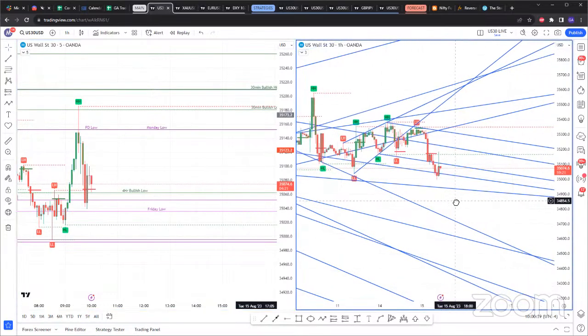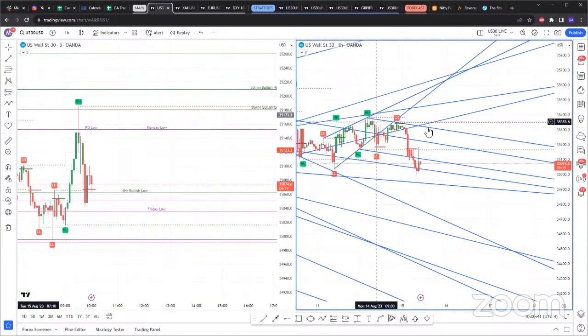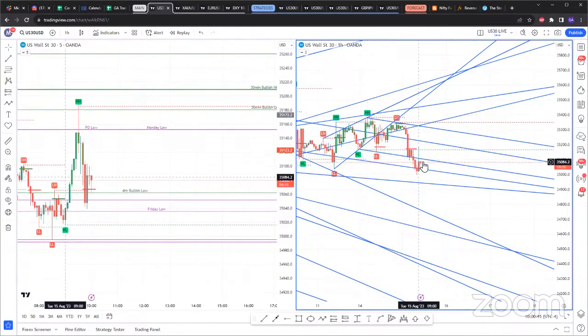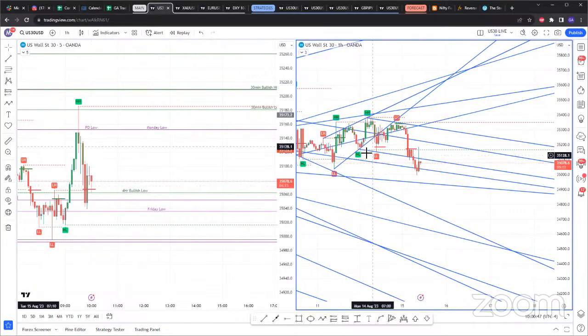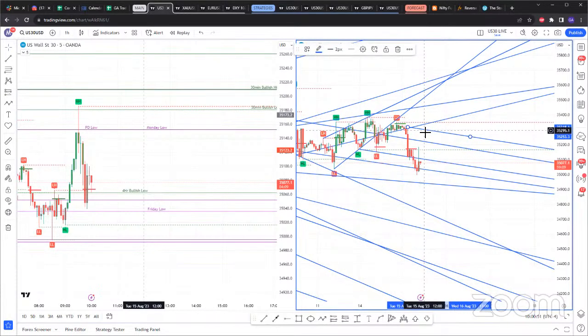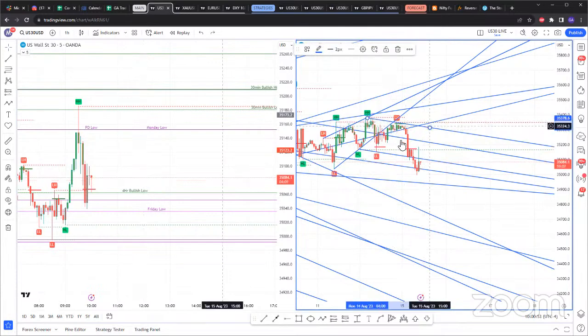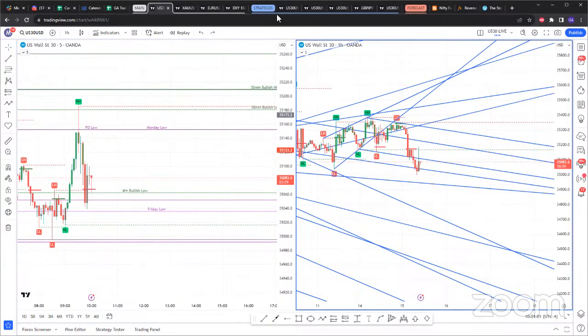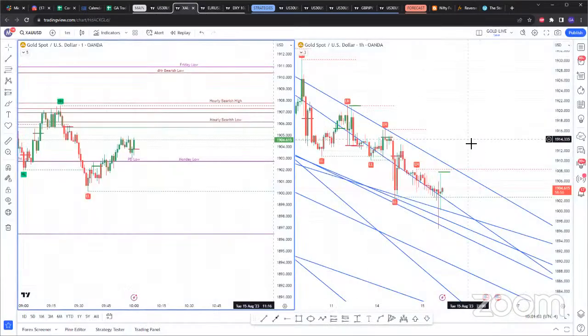Yeah, not too much volatility on news. And you can still use trend lines to assist with your bias. So right now on US 30, you can see where we are. There's this trend line to the upside, this trend line to the downside. Currently, we are rejecting off of the bottom trend line. So in this instance, on US 30, the hourly trend lines are actually lining up with the daily bias, same as